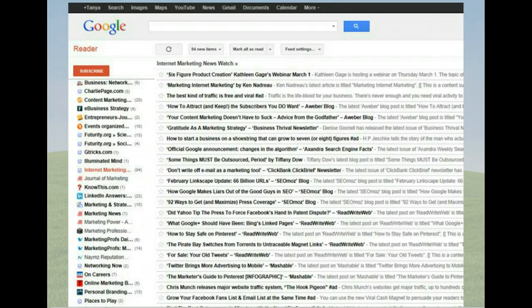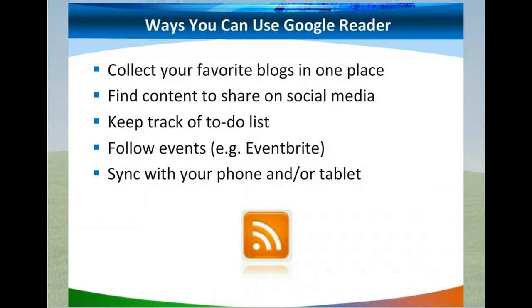Now, how do I use it? This is going to be the kicker, and this is what you probably are not doing right now. The reason why I use Google Reader is because it allows me to collect information in one centralized place that I can now share on my social media, okay? So when I'm looking for, let's say, for example, that your topic, you are a coach who deals with health and wellness issues, okay? You're not always just sharing your stuff, at least not typically.